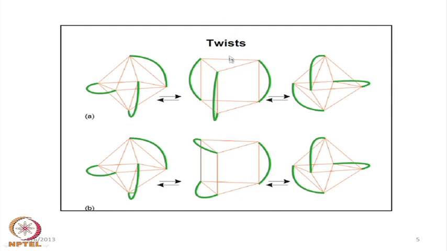So, this is the C3 axis which is passing through this triangular plane, and this triangular plane is also connected toward this; one side is going up and the other side is going down along the C3 axis. Symmetrically, these three bidentate ligands are covering the C3 axis, and we get the corresponding geometry. So, racemization is taking place for the movement from this particular form to the other form. But in case of the other type of twist, we get this particular conformation,